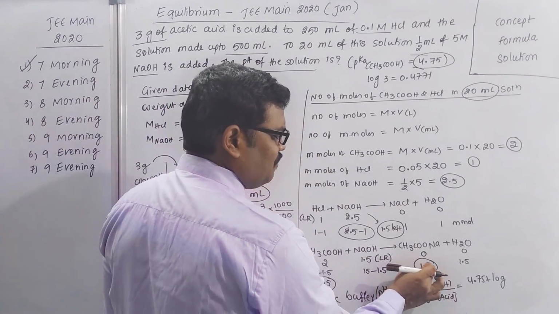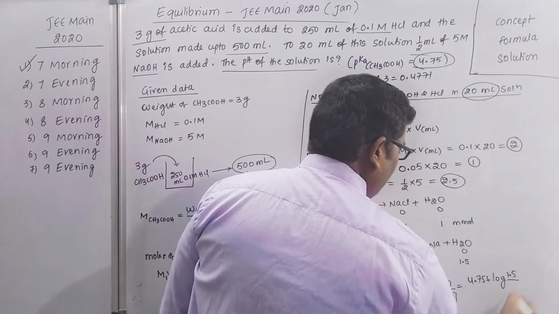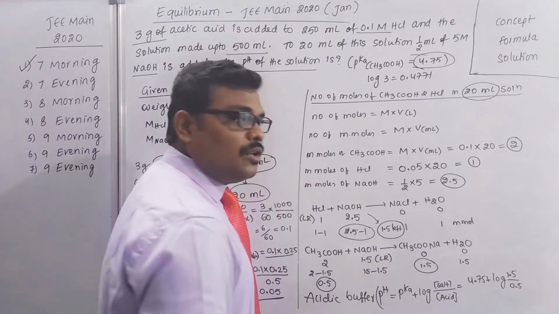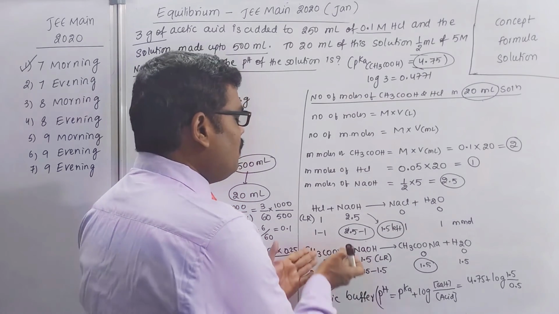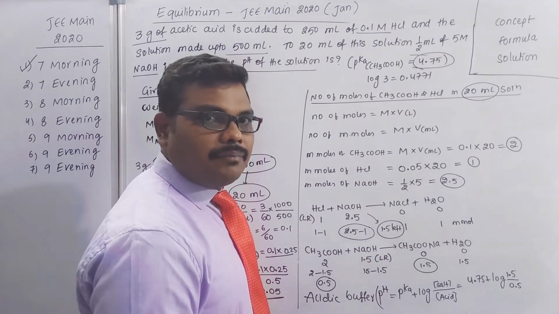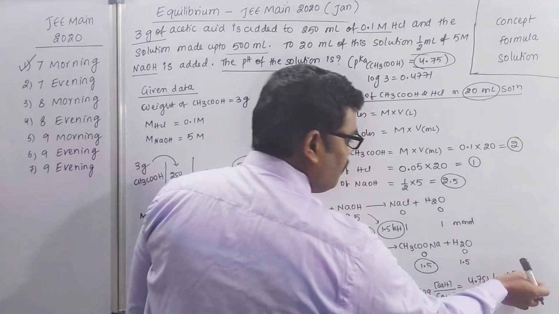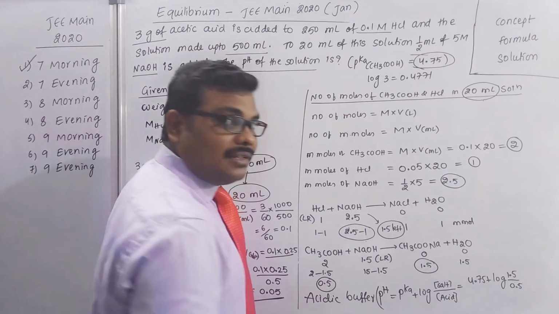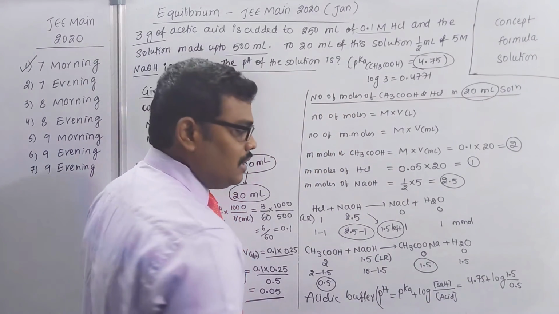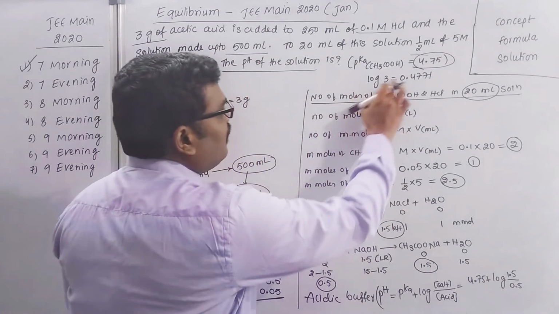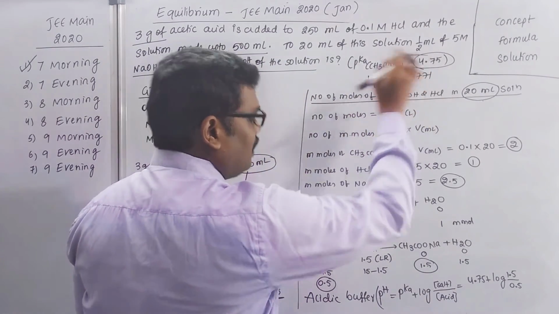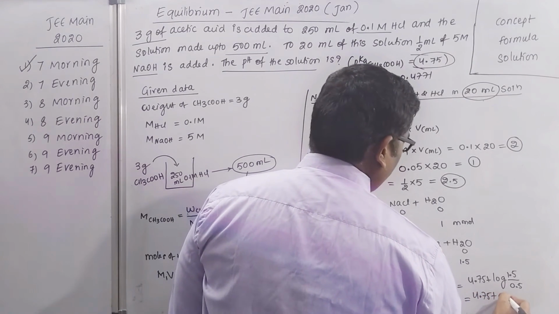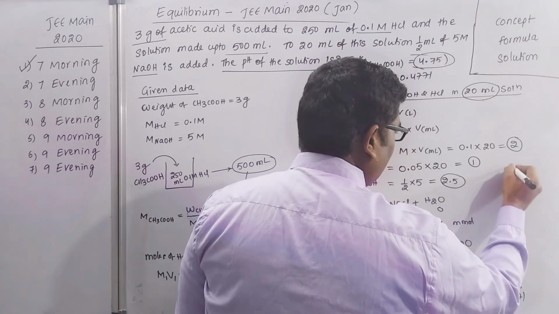Now salt concentration is 1.5. Acid is 0.5. So here directly we are taking millimoles, not concentration, because the volume of acetic acid and sodium acetate are same. So when volume is same, generally we have to take millimoles by volume in milliliter. Both volumes are cancelled. So that's why I am taking directly millimoles. It gives log 3. What is the value of log 3? 0.4771. Then pH is equal to 4.75 plus 0.4771.